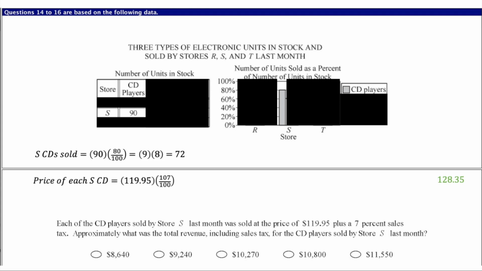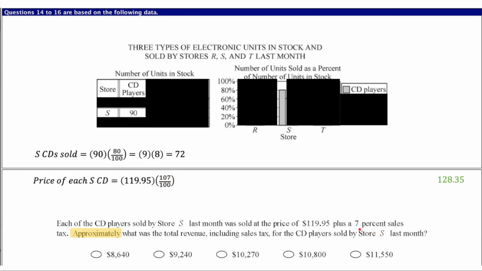Now, there's a really good clue that estimation is a great choice for us here, and that's that word approximately in the last sentence, which we should have caught on to right away. This tells us that we can be a little bit fuzzy with our numbers. We don't have to be exact. We also notice that this first number, 119.95, is really close to 120. So we're really close to an easy number already, which leads us to think maybe they want us to estimate. So let's estimate this for 120, and for the 7% sales tax,